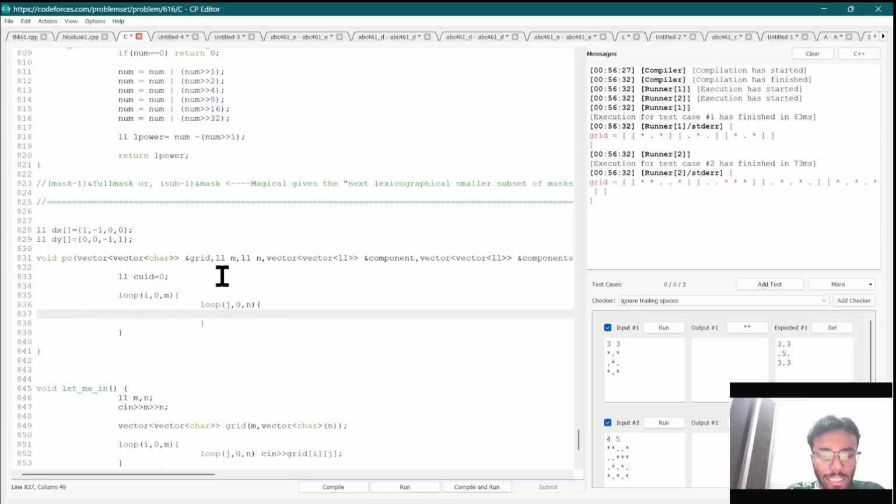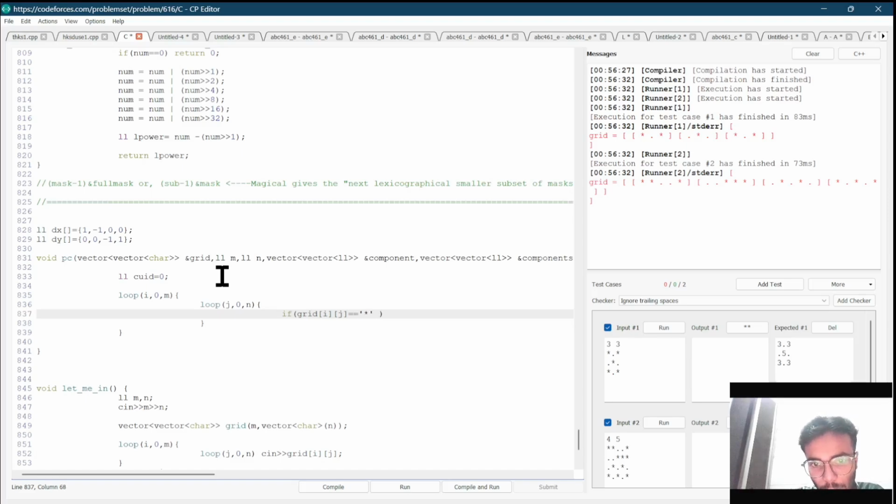So for the current cell, there is one more twist, guys. If it is a star cell, I don't need the component size of it, right? Because we are pre-computing for that. So what I do, I'll just skip it. So if the grid is star,